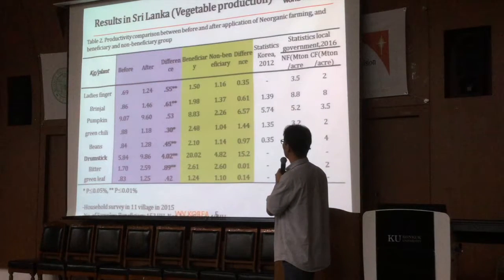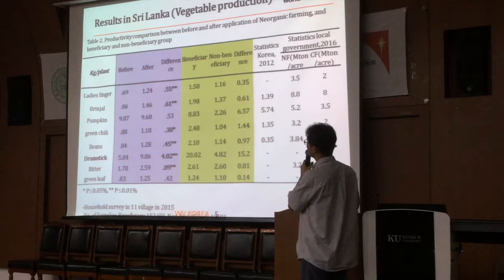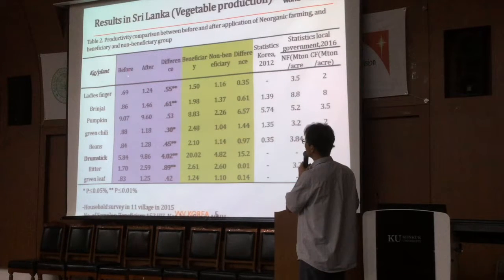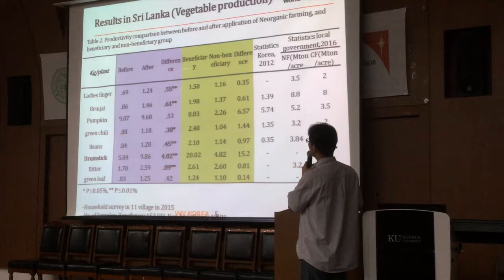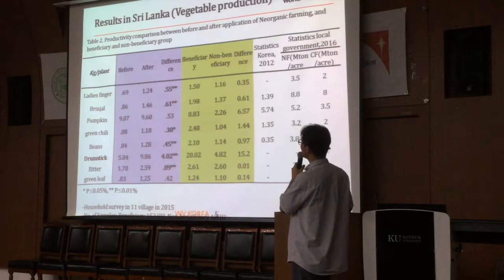And this is the result in Sri Lanka, the vegetable production. This is lettuce fingers, brinjals, pumpkin, green chili, bean, drumstick, bitter gourd, green leaf. This is the benefit of before applying and after applying the new farming. Differences, beneficiary, non-beneficiary differences. But there is no statistical difference between the beneficiary and non-beneficiary because there are